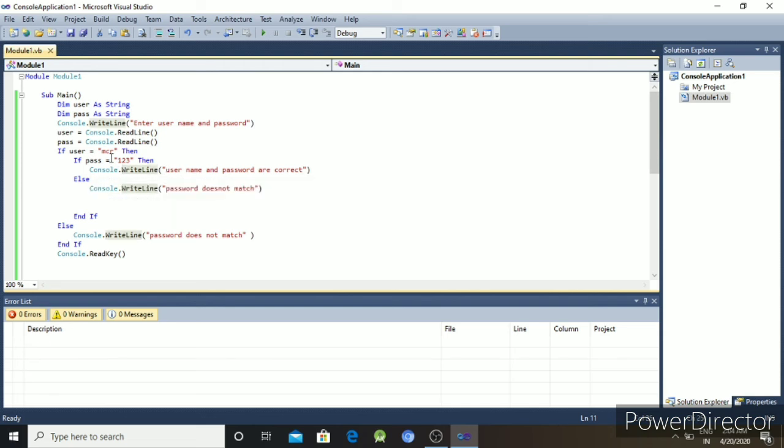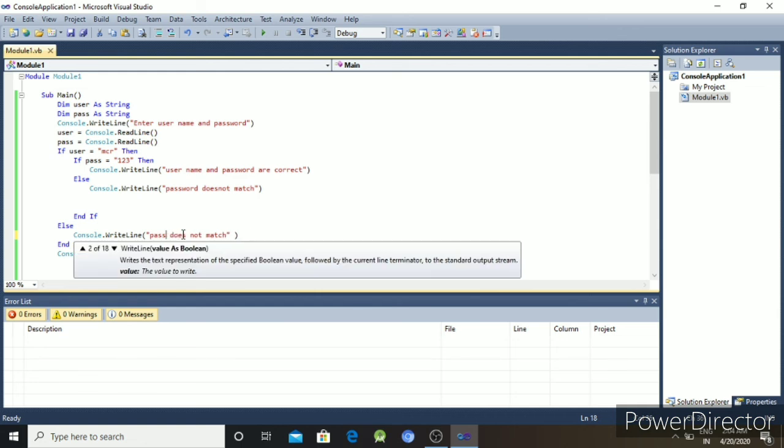Suppose the first condition is true but the second condition is false. In this situation the else statement works, password does not match. But if the first condition is false, in this situation that else statement will work.